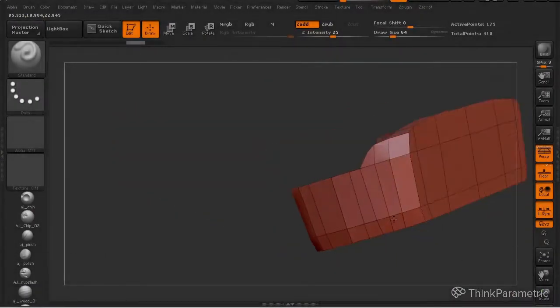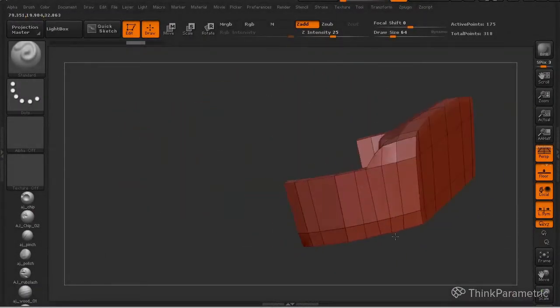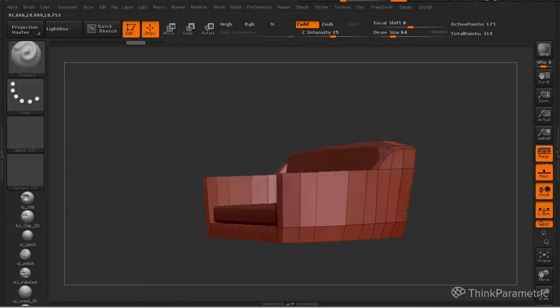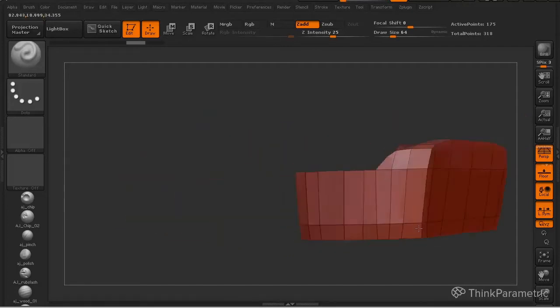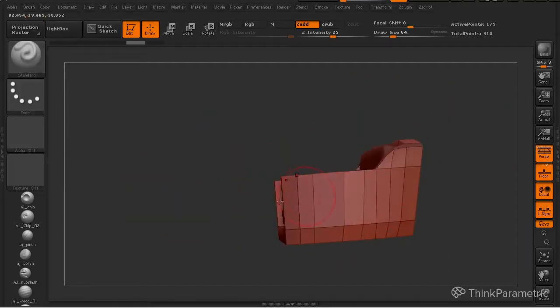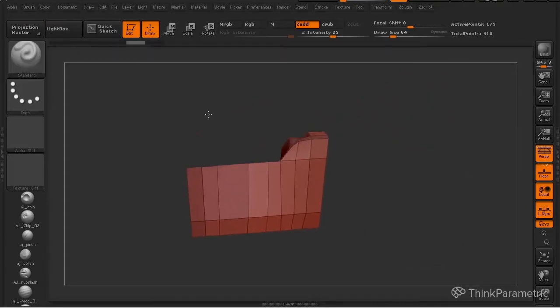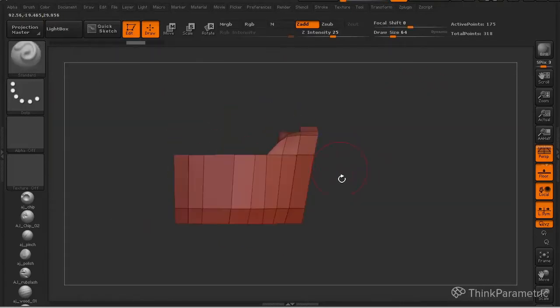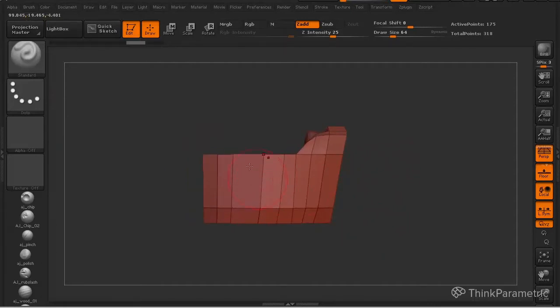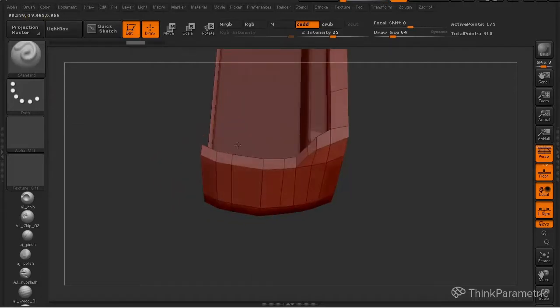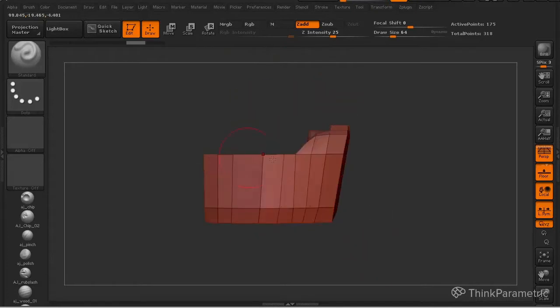Here, we don't have squares. That means that when ZBrush starts dividing the edges of this model, it won't be really even, okay? The way ZBrush adds detail is basically by breaking faces, dividing every single edge into two.